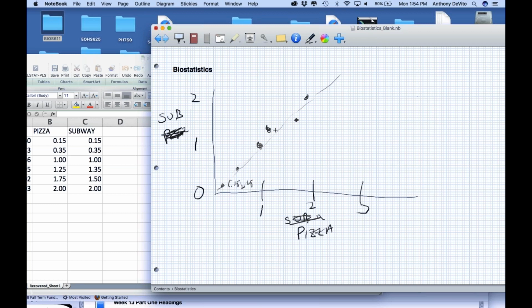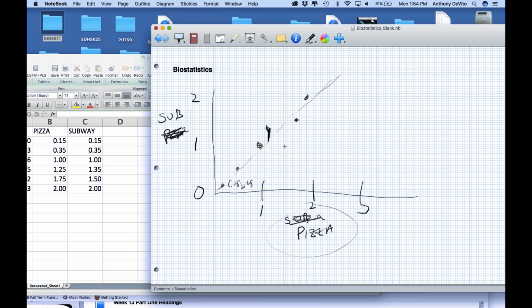So this line, the way I want to draw it is so it's the best representation of the relationship between those two. And again, in statistics, we have a tendency to avoid negative numbers by doing a lot of different things. In this case, what we're going to do is balance this line. So all of the differences between the value on the x-axis, the pizza, and the value on the y-axis, all of the places where there's an excursion from this line,